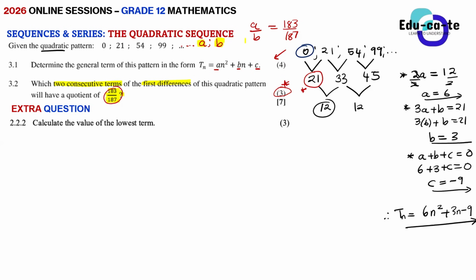I'm not sure which one you are dividing by which first. Are you dividing A over B or B over A? That you will figure out. But the idea is the quotient of one term over the other must give us 183 over 187. Well, so I think we divide by B, like A over B, as you did there, sir. Okay, maybe, just maybe. Let's hear what others are thinking.